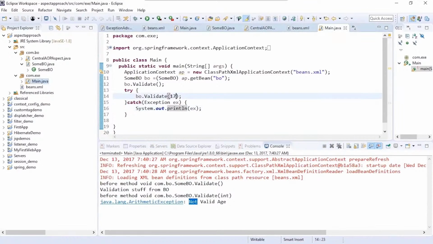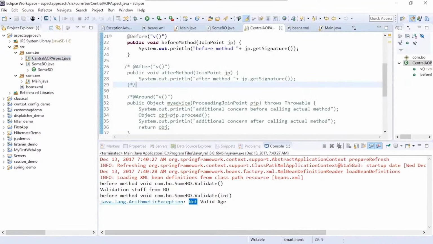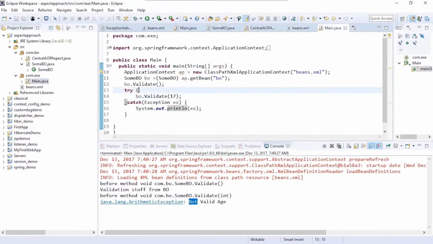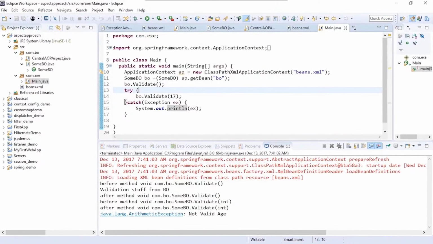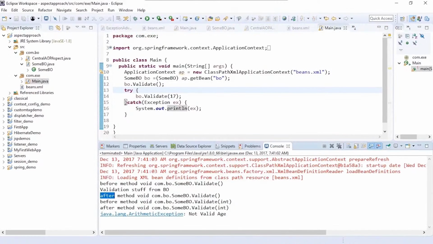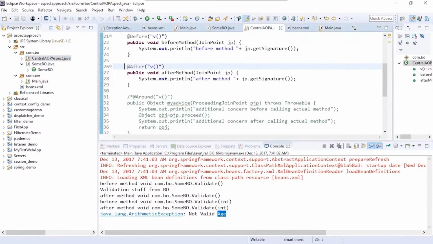Now let's come back to the central aspect class. We'll also uncomment the after and run this. And there you see we have the before and after for the validation, again the before and after for the int, and then it throws the exception. Now let's comment this bit. We'll uncomment this bit